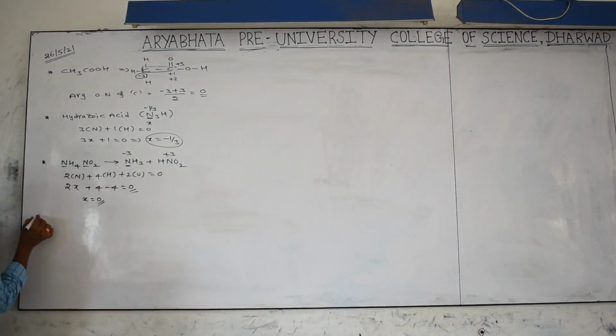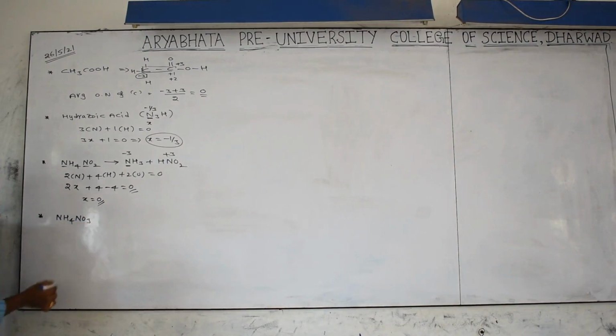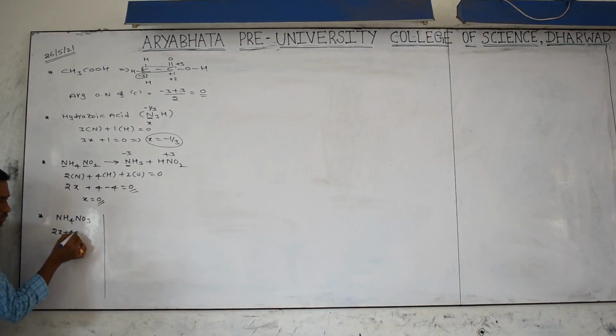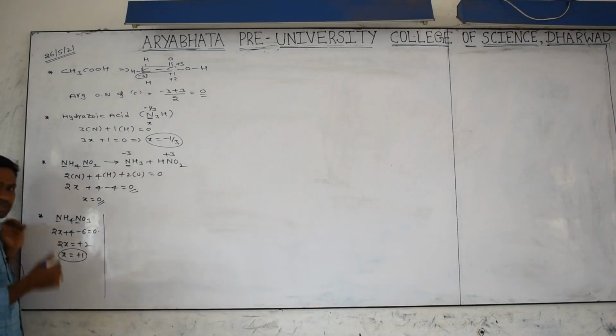I will tell you one more species: ammonium nitrate, NH4NO3. Do it first. 2 nitrogen atoms, 2X, 4 hydrogen atoms plus 4, 3 oxygen atoms -6, equals 0. Then 2X equals +2, so X equals +1. The average nitrogen oxidation number is +1, but individually, meaning alone,